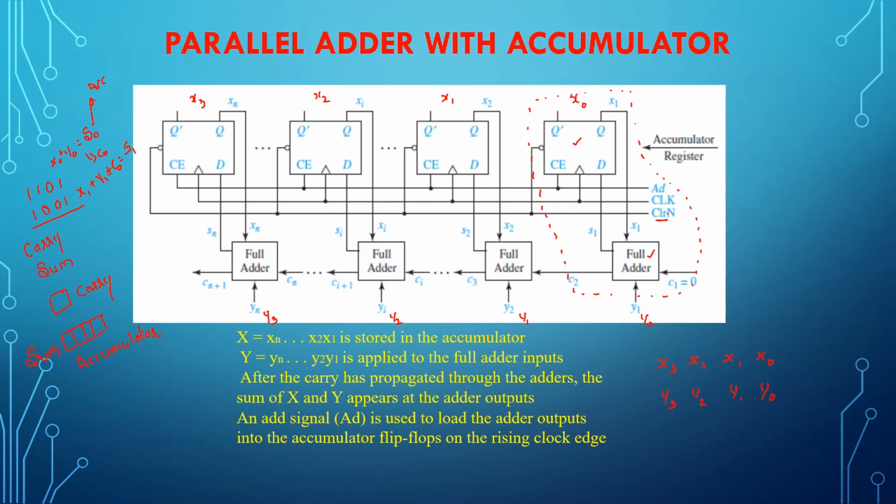So one of the easiest ways in which you can add these numbers to this accumulator is, first of all, you need to clear it. After you clear it, you give the clock input. But before giving the clock input, make sure the data is ready at the input of these particular registers. Alternatively, you can also use multiplexers, so that you can either select